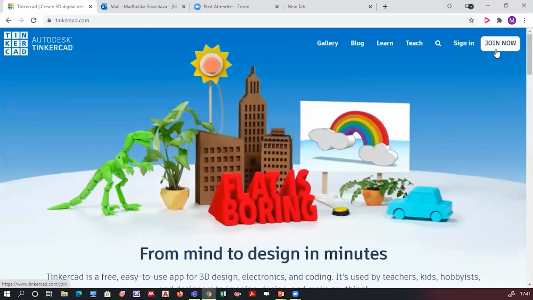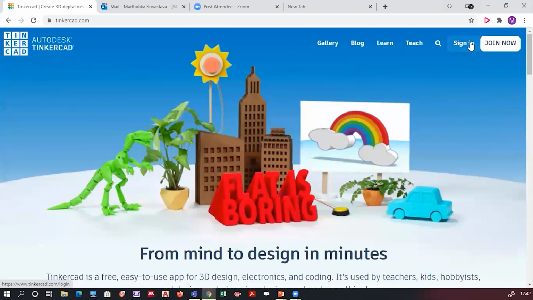Over there, you have to sign in with any email ID, or if you have a Gmail account, you can sign in using that also. You need an email ID and a password. When you enter it, you will be taken to a screen that will ask you to accept some terms and conditions. And then finally, you can enter into Tinkercad.